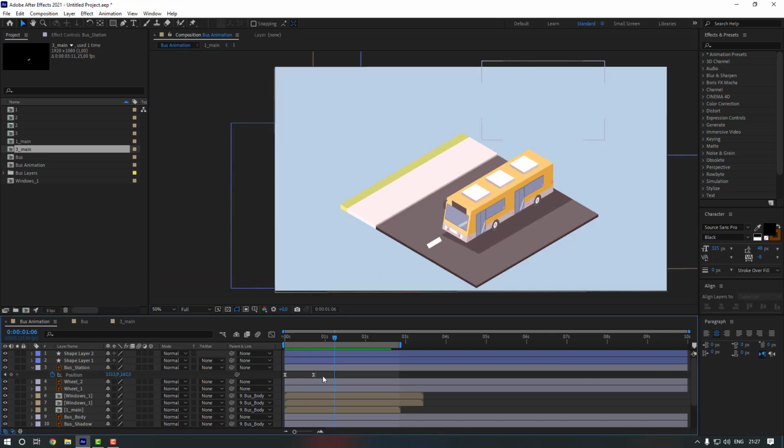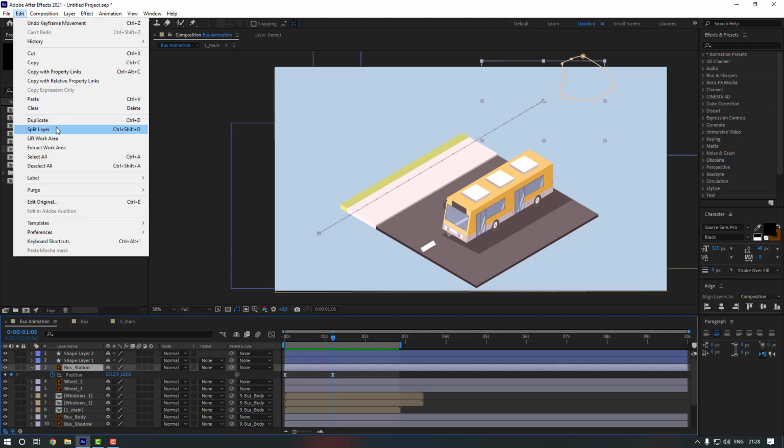Okay, let's see it. Okay, I think it's kinda fast. So select last keyframe and let's move it to the 1 second. Let's see it again. Let's move it a little bit more. Let's see. Nice. Now let's go to last keyframe, select the bus station layer and go to edit and let's click to